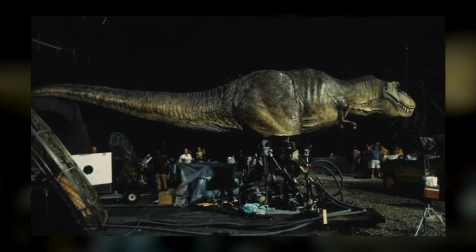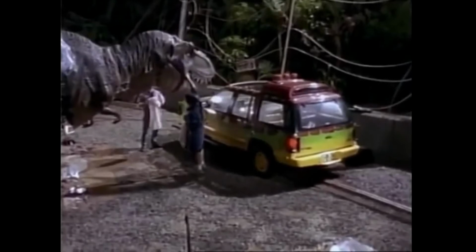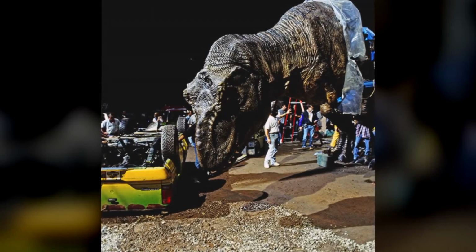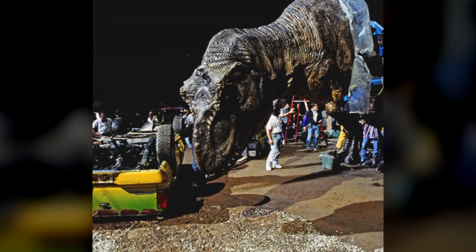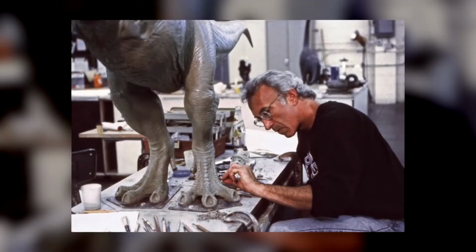The endless setting, this is easily the scene I look forward to the most. Not because there's finally a dinosaur in the film or something's actually happening. Because the first hour of this film, there's no dinosaurs. Really, they're just talking and having dialogue and building the story before they even go to the park. It's really riveting and interesting stuff because of the writing, because of the direction by Spielberg, because of the gravitas of this entire film. But this sequence is a beautiful way of how to do an intense sequence right, and